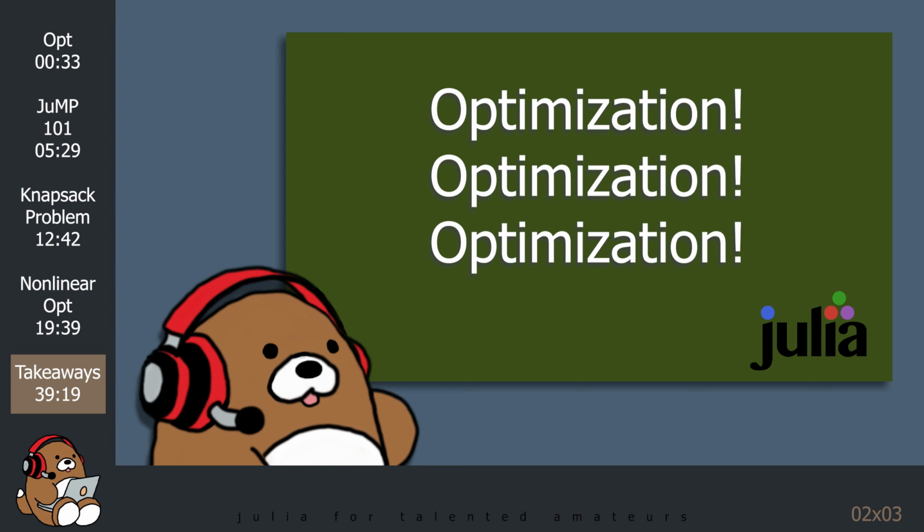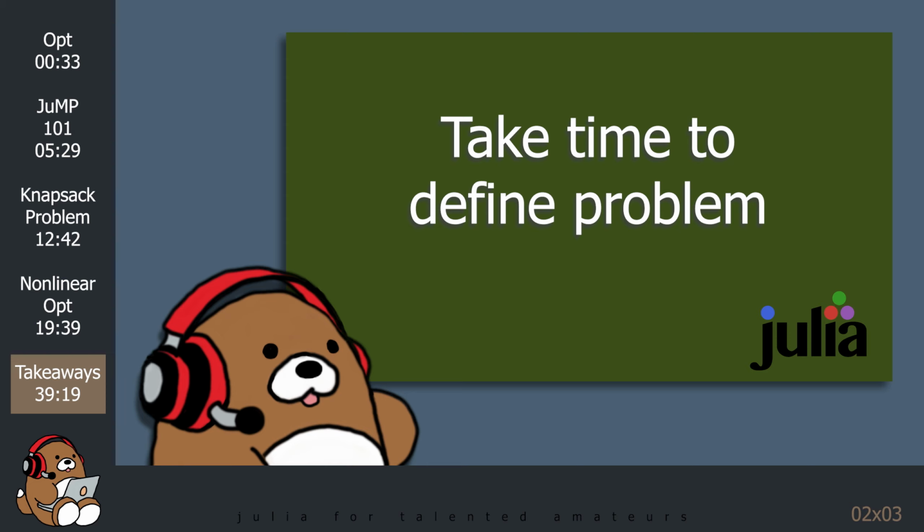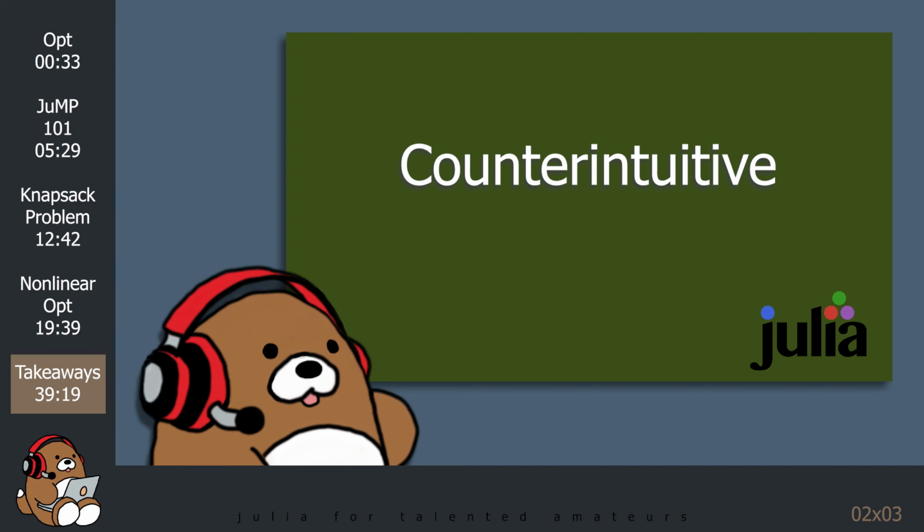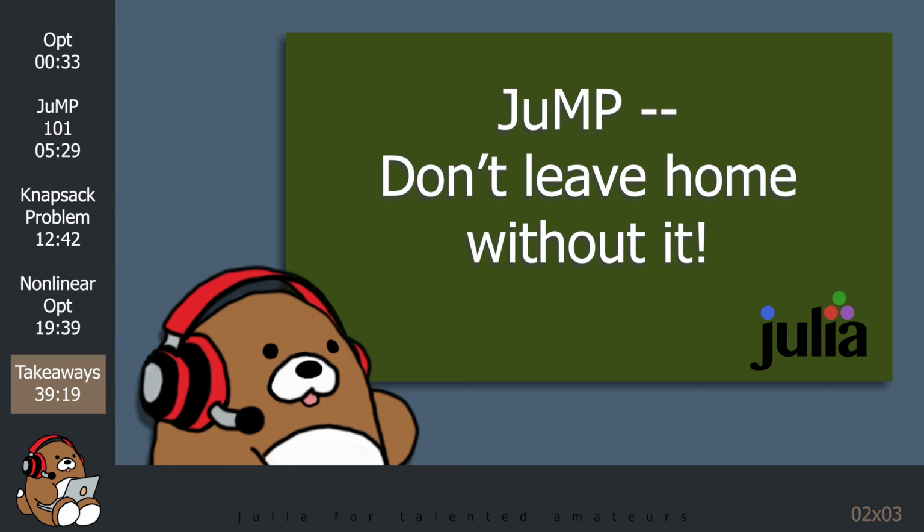Learning to recognize optimization problems is a large part of the process. From our examples, you know that it takes longer to describe the problem than it takes to actually solve the problem. Being able to verbalize the problem is critical to understanding which model you need to use and how to set up that model. Once that's done, solving the problem becomes trivial. When possible, it is often helpful to visualize the objective function, since optimization problems are often counterintuitive. Having JMP in your analysis toolkit is invaluable, since it provides a common language for you to access some of the world's best solvers for free.